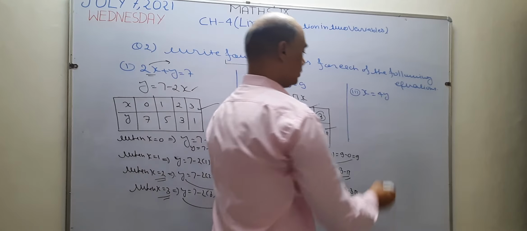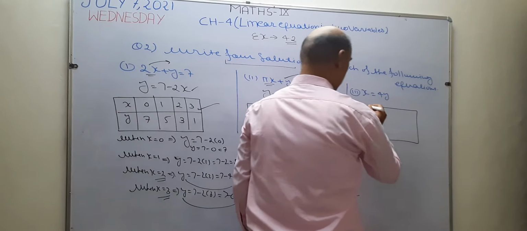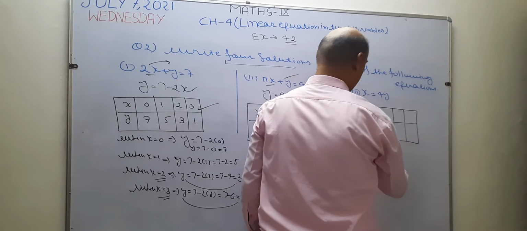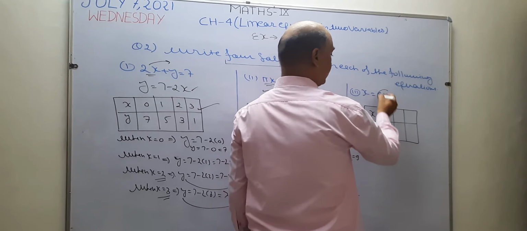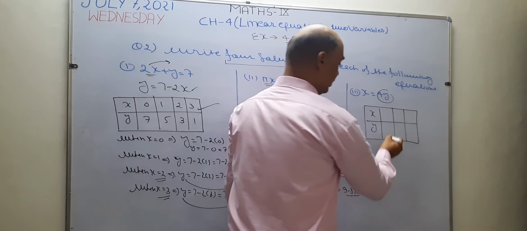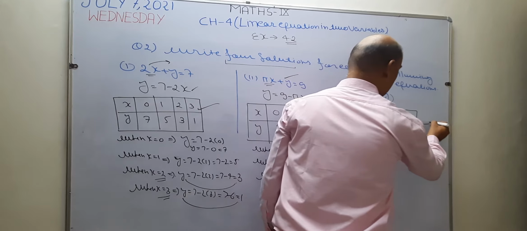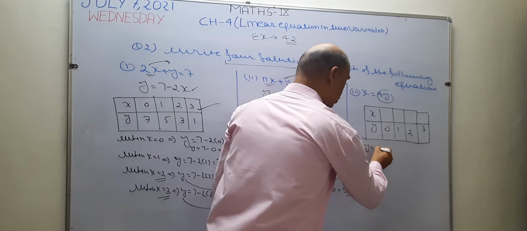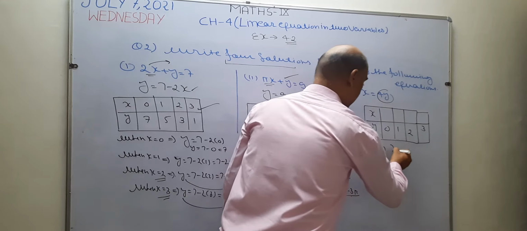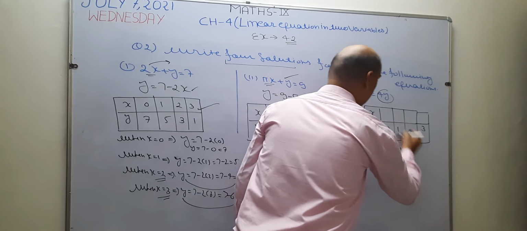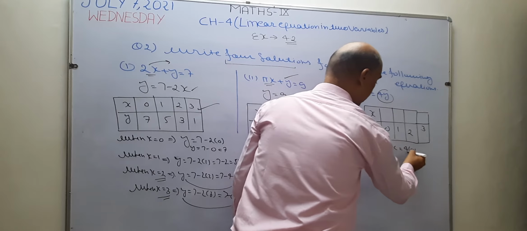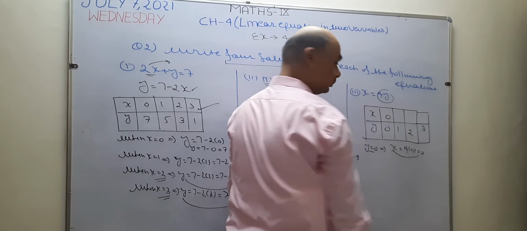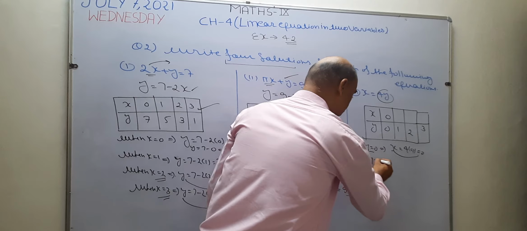Now I want to write this. 4 solutions are required. This time, I am going to put the value of y, because on the right side the value of y is there. So I write 0, 1, 2 and 3. Okay. Now I take y equal to 0. This implies this given equation becomes x equals 4 into 0, 0. It means when I take y as 0, x is also 0.